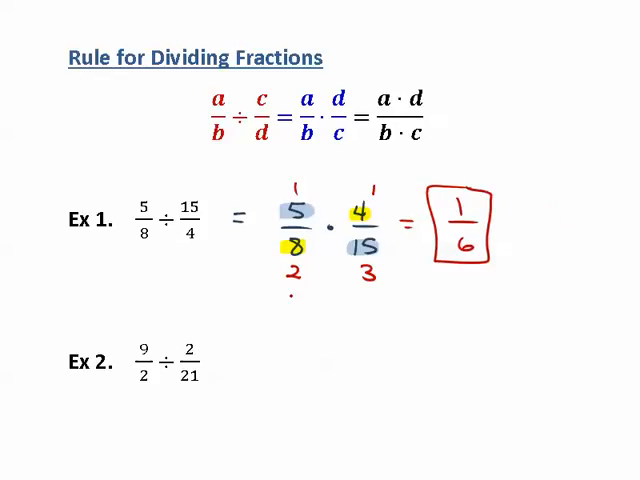Now let's take a look at example number 2. You'll notice here that it's really tempting to try to cross cancel or reduce here. Remember, you're not allowed to do that. The only time you're allowed to cross cancel is with multiplication. So here we have to keep, change, flip. So we keep the first fraction the way it is, change our division to multiplication, and flip the second fraction